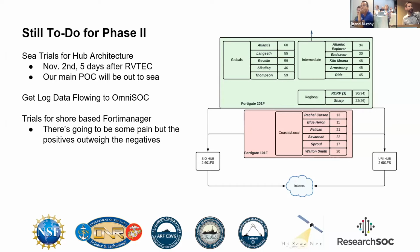And then trials for the shore-based FortiManager. So just to be clear about that, when you log in to the local firewall on your ship, you get a little message that says you're not supposed to be in here. You're supposed to do all your management through the thing ashore. Which is kind of a big step. We'll see how it goes. That one I'm not too sure about. Now, from what Rachel tells me, in an emergency, like if you were to lose connection to your shore-based FortiManager, you can make local changes, but it's a big question mark. When does that get overridden by,